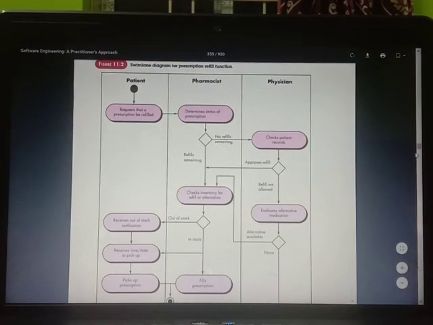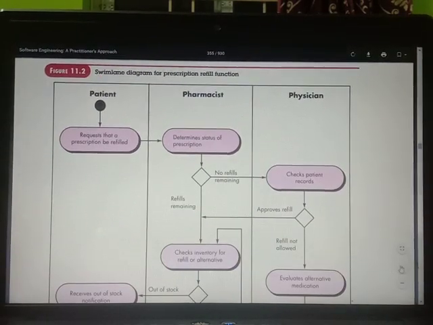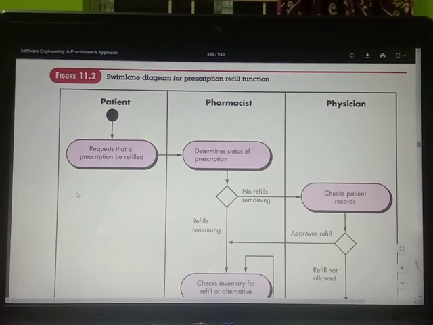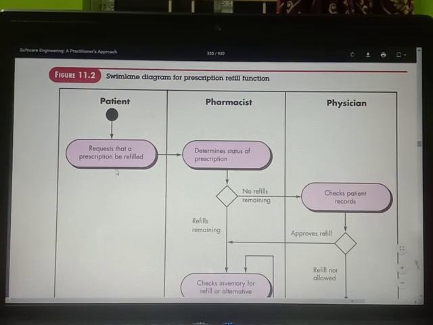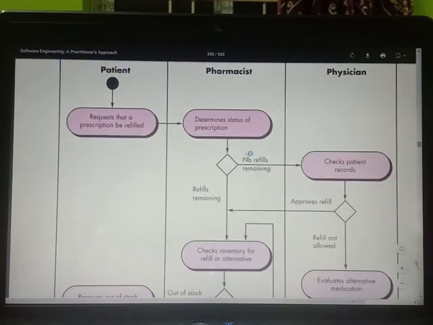Here we are going to have three things, that is called patient, pharmacist and physician. The patient will request that a prescription be refilled, and the pharmacist will determine the status of the prescription.